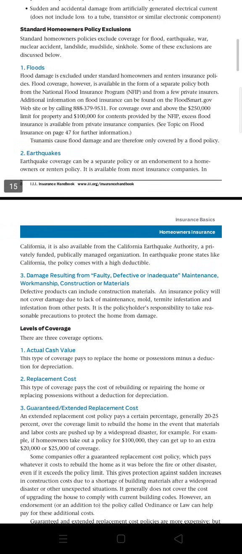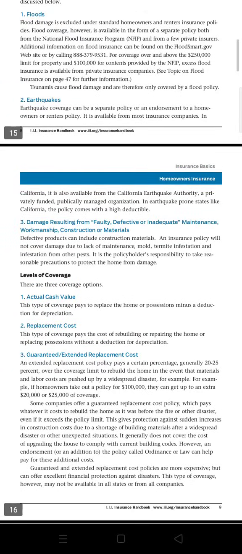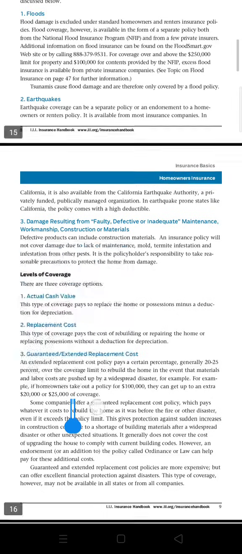Earthquakes. Earthquake cover can be a separate policy or an endorsement to a homeowners or renters policy. It is available from most insurance companies in California. It is also available from the California Earthquake Authority, a privately funded